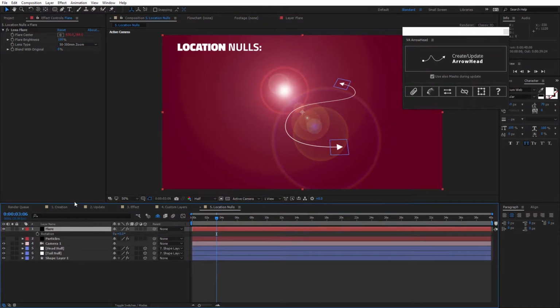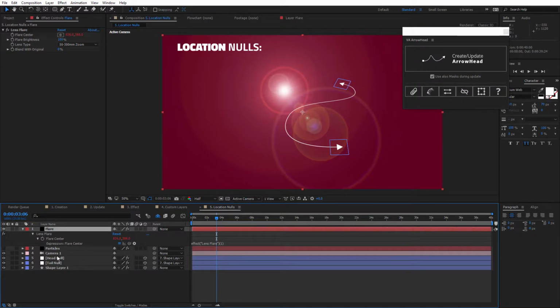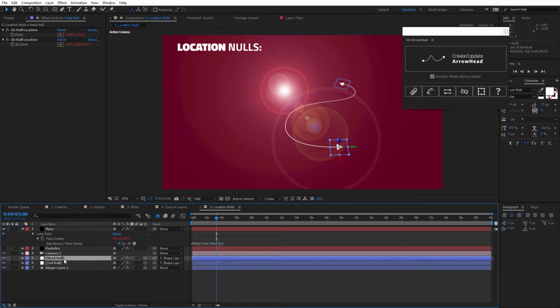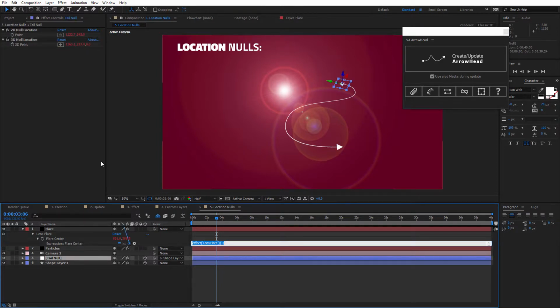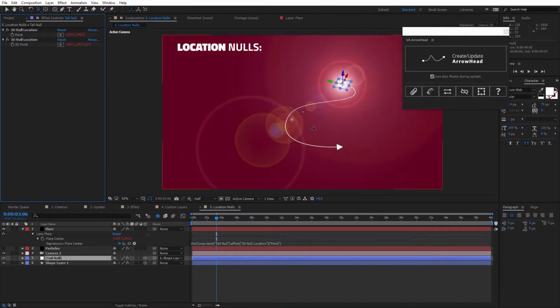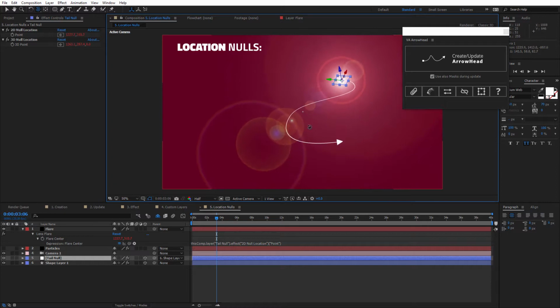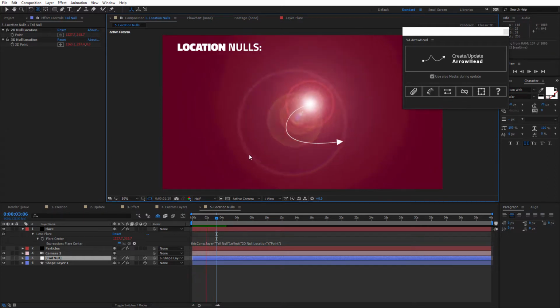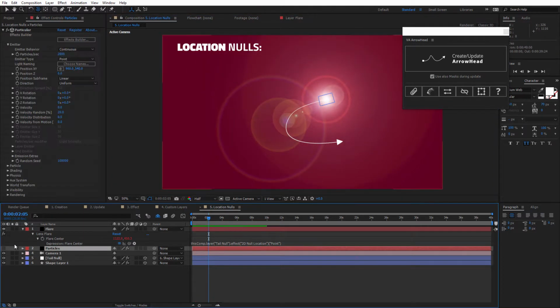press Alt click and then take the head null. I actually don't need the tail, the head null, just the tail null, so I'm going to delete it. And now I'm going to drag it to the 2D null location, and it's going to actually give us the perfect location like this. And I can actually even take